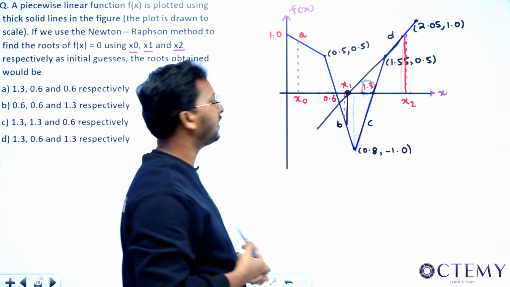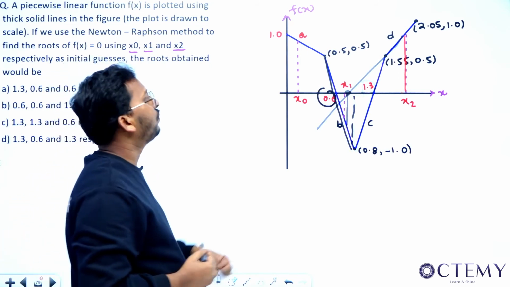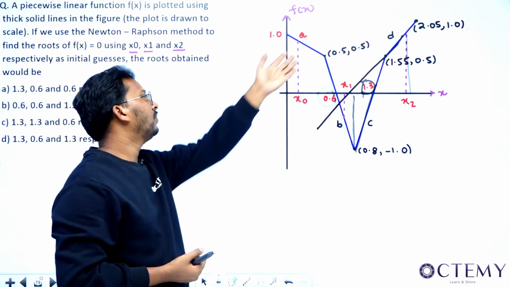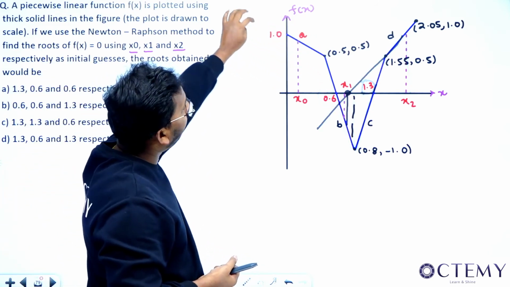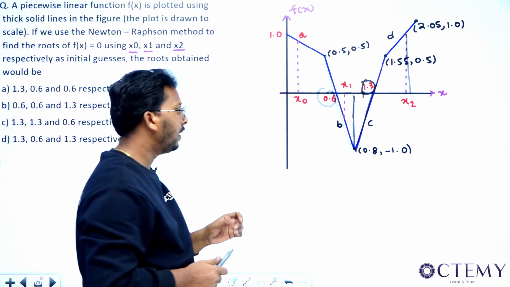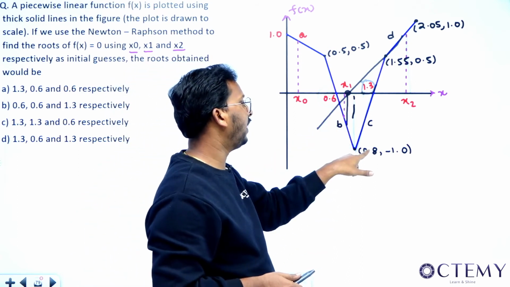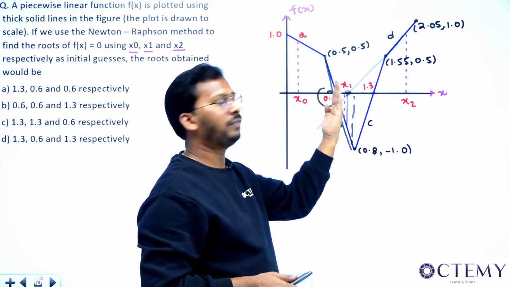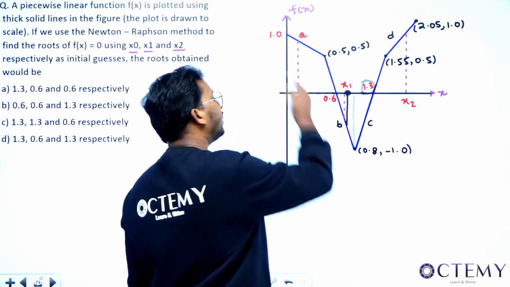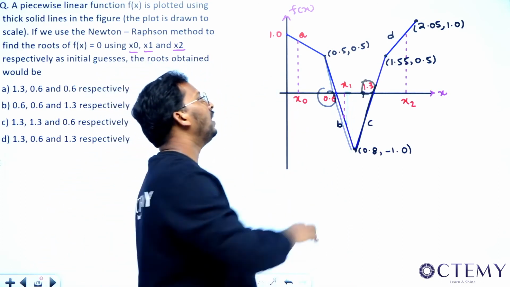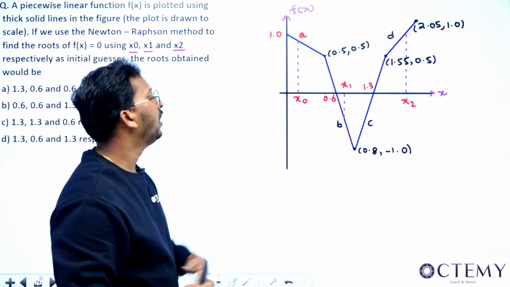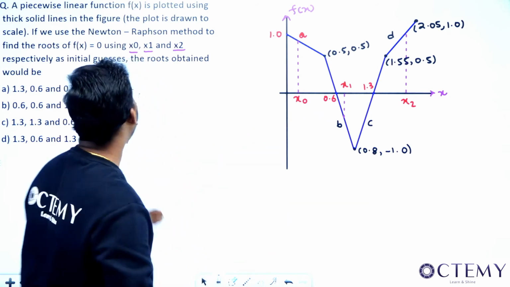If you take x0 as the initial guess, you find the equation of the line A and you extend the line. When you extend the line, see where it is touching the x-axis. And if you observe, this point is 0.8. So if it touches before 0.8, then we will take another projection on this particular curve. Then we will say the root is 0.6. Similarly, for the line B, when your initial guess is x1, you can readily say that the root is 0.6 because at 0.6 it is touching.